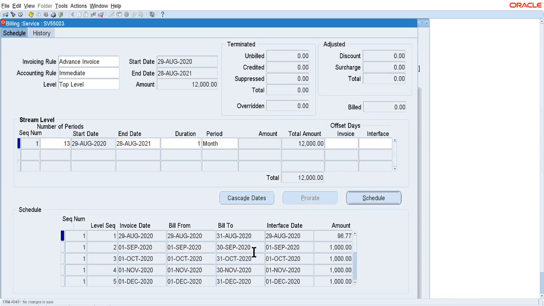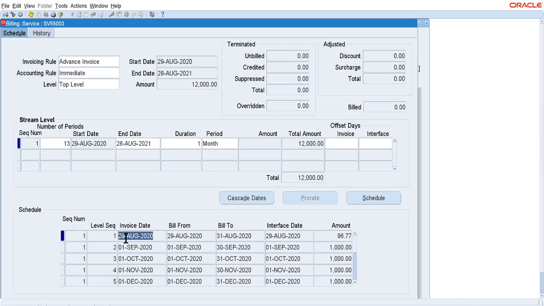Okay, I am saving the information. You can see the interface date is today's date. So if you run the service contract main billing program, the invoice will be created today, right? Because today is 29th. If you want to make it a future date, there are offset days, with options for invoice and interface. If you put minus or plus on the interface date, you can change it to a future date, right?